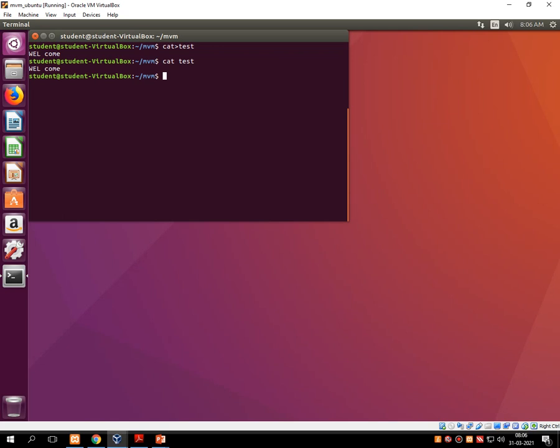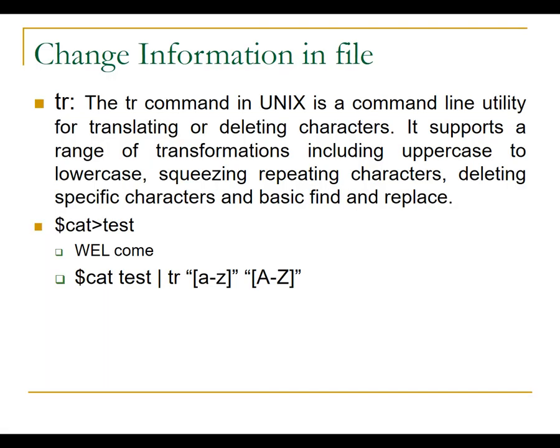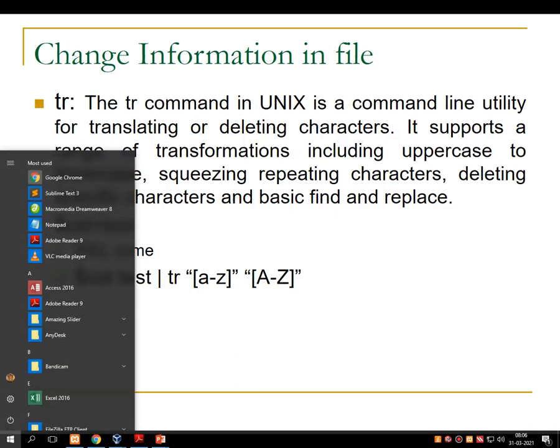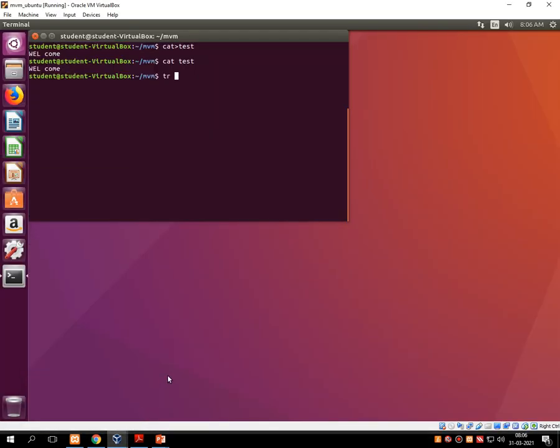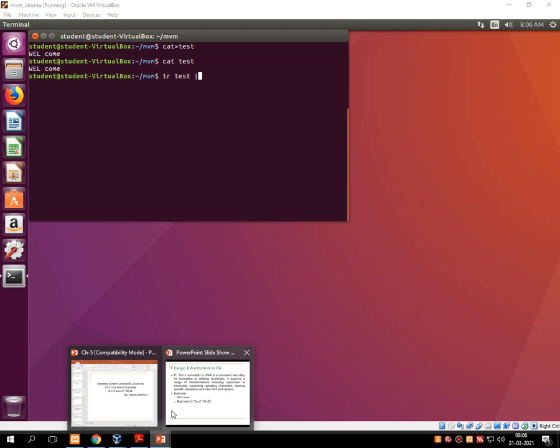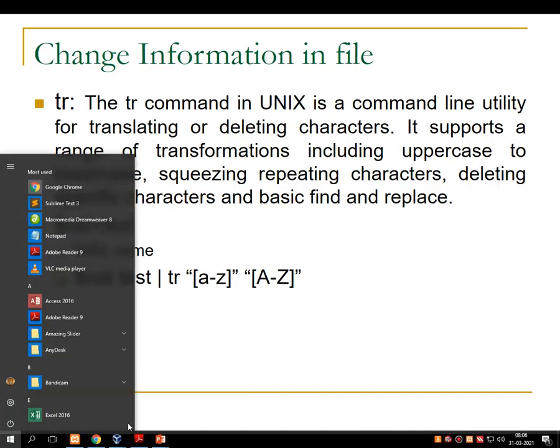Now here I can perform the tr command. For that, the keyword is tr. Then we have to give the file name, that is test. Then there is a pipeline operator for concatenating two or more parameters.